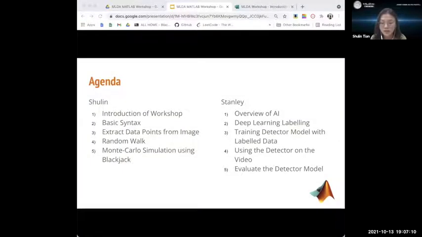And in the second part, Stanley will brief you about the data labeling in deep learning and also the detector